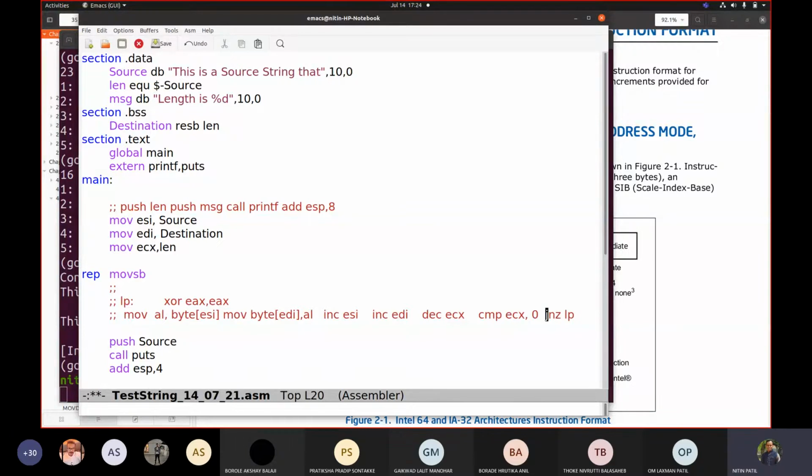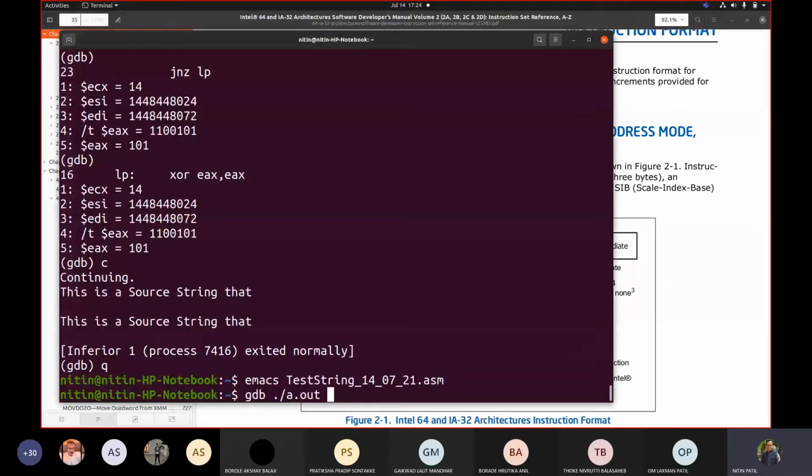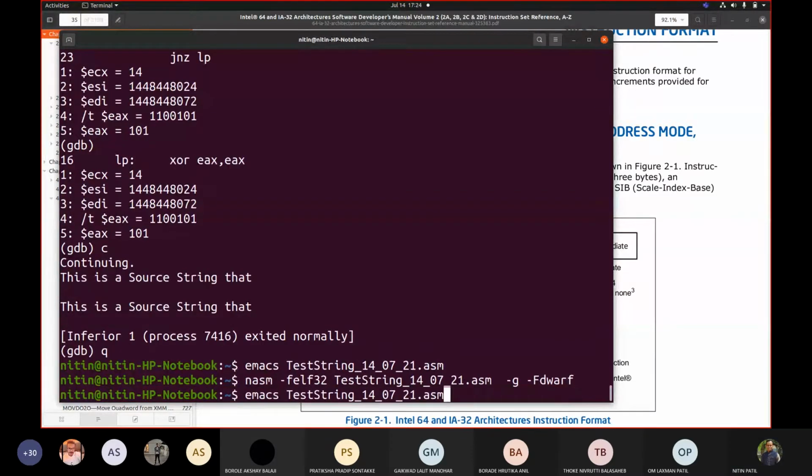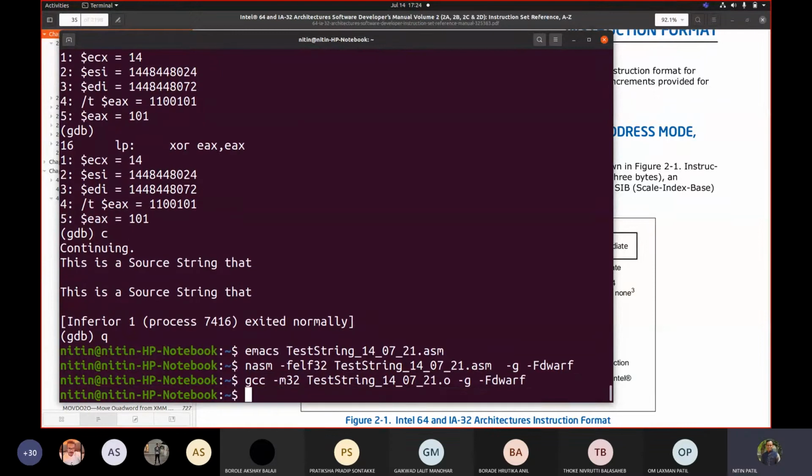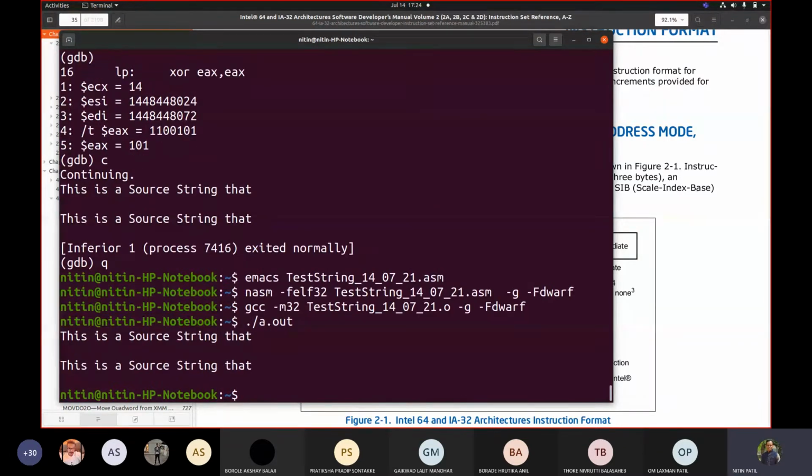Everything would be taken care of ultimately. So if I write repeat MOVSB, fine. Let me compile this code again, and let me execute. Now you will see that both the things got executed.